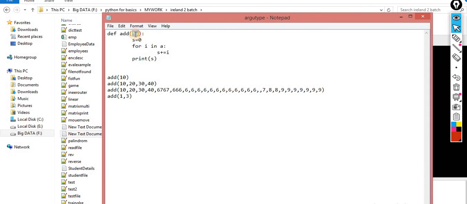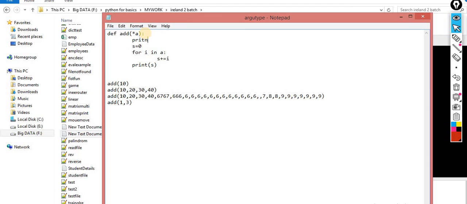So here this automatically becomes a tuple. If I show you the type of this a, print type of a, it will be considered a tuple. So here I make a very simple logic, s is equal to 0, the sum of all the elements. Whatever data I pass, I just make the sum of all the elements, and after that I print it, that's it. Very simple logic that we already did so many times, I simply implement it with the concept of